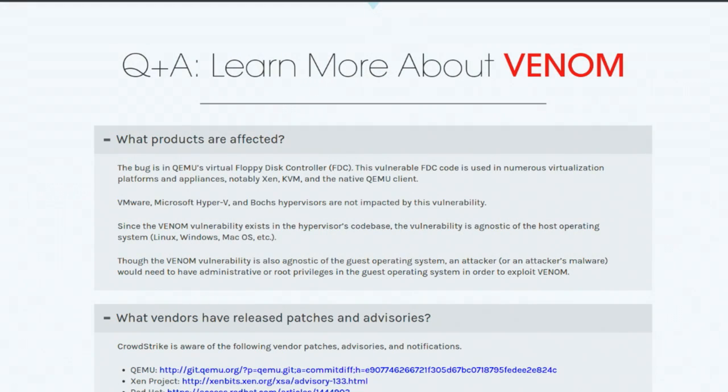So it's actually easier to list the hypervisors that are not affected. There's VMware, Hyper-V, Bochs, and Bhyve. But basically anything Linux-y at all that borrows code from QEMU has this vulnerability. And so that's kind of why it's a big deal. And so it's been assigned a CVE number like everything else,